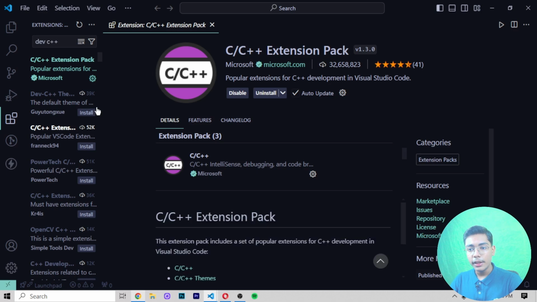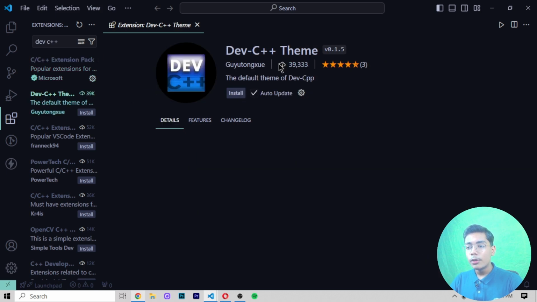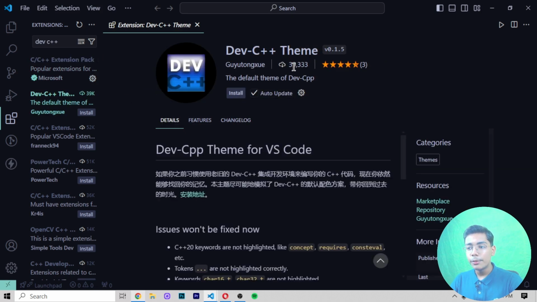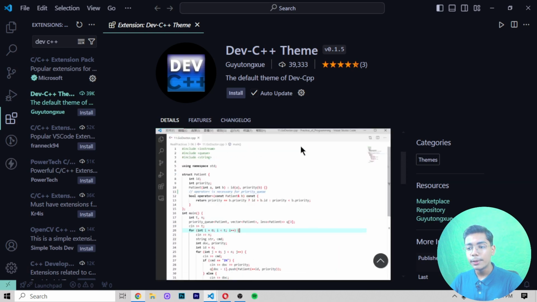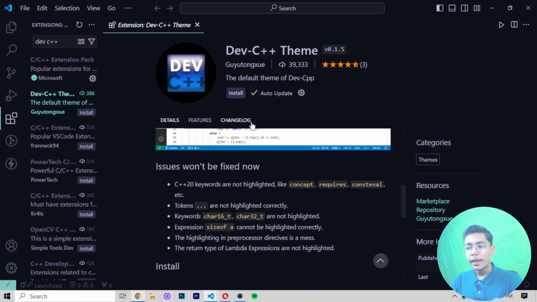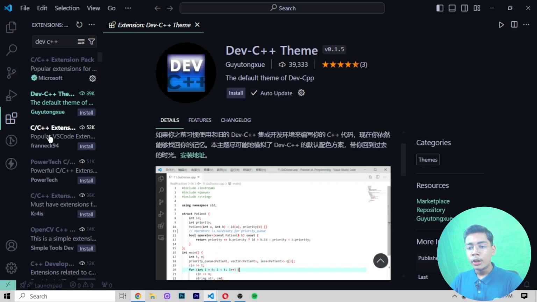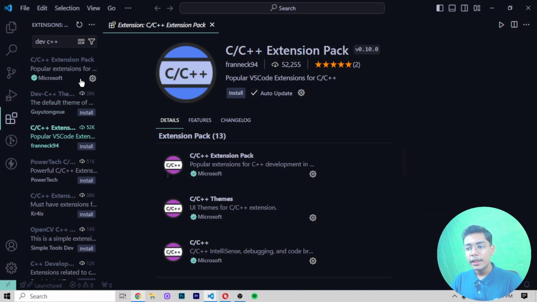Here you can see we are getting the extension pack. I've already installed this extension, because when you are working with C++ these extensions are really important to install so we can work with C++ separately and easily. And if I move on to the theme, you can also download the theme of Dev C++ if you want to, or if you're already using Dev C++ after downloading, you don't have to download the theme. You can normally work with it simply like you want to.